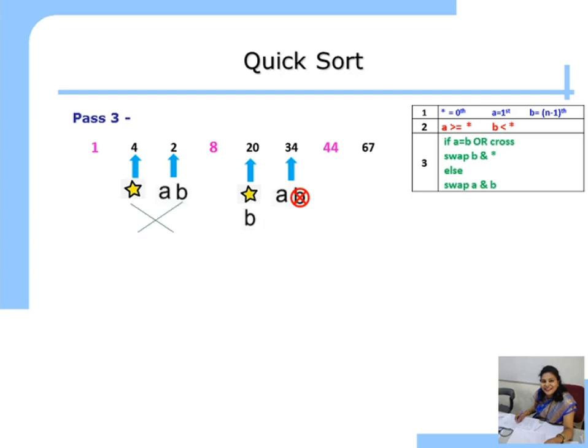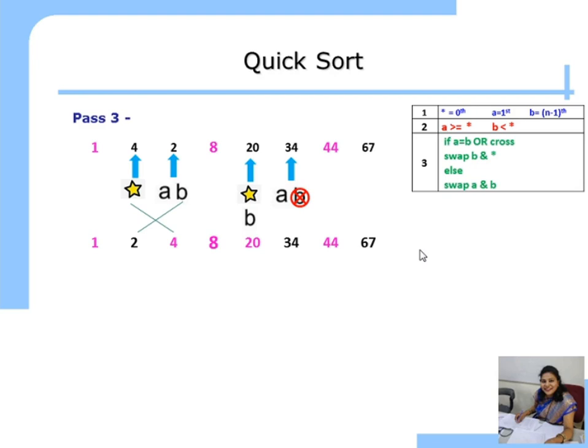So you will get 1, 2, 4, 8, 20 is again swapped with itself, so 20, then 34, then 44, then 67. If you see carefully, how many lists did we get after swapping pivot 4 and 20? We get 2 unsorted lists. Now we have 3 unsorted lists: 2, 34 and 67. And all the unsorted lists have only one element, meaning this array is sorted. See, the order is 1, 2, 4, 8, 20, 34, 44, 67.